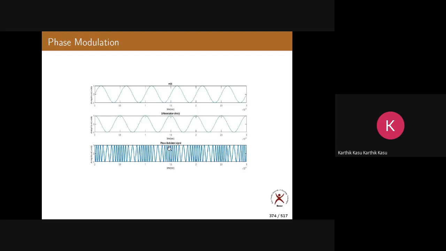In the phase modulated signal, the frequency changes according to m dash of t. You can very clearly observe here that it is not according to m of t, but according to m dash of t. In that way, in phase modulation also, we will observe variations in the frequency. Please make a note of this. The frequency varies according to m dash of t. That is also correct, you can see very clearly here.